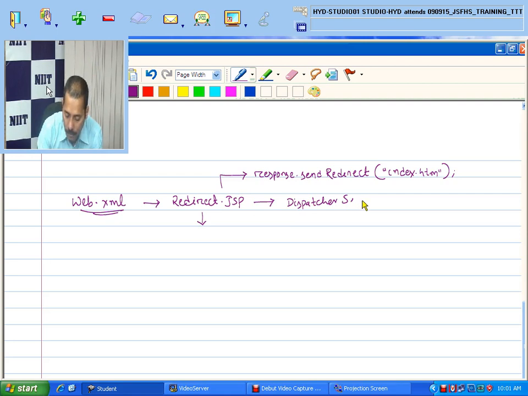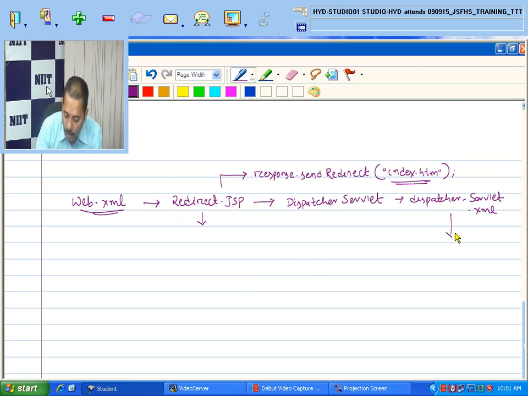So obviously what will happen is the dispatcher servlet will get called, because any request first goes to the dispatcher servlet. Now the dispatcher servlet, with this index.htm, will go to the dispatcher-servlet.xml file.